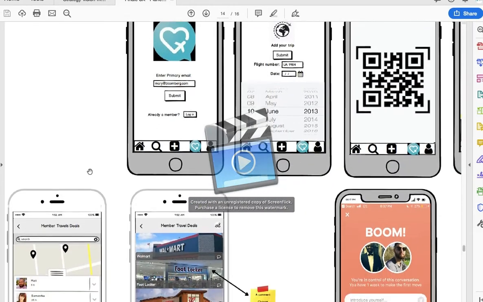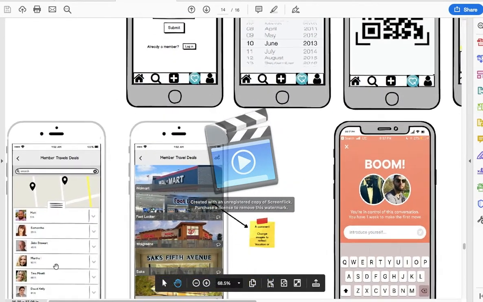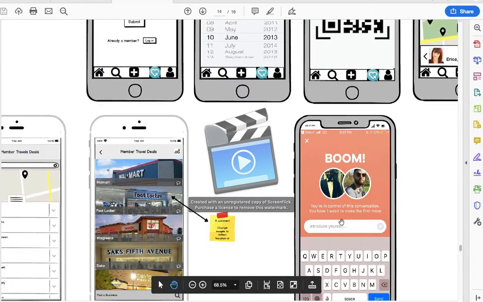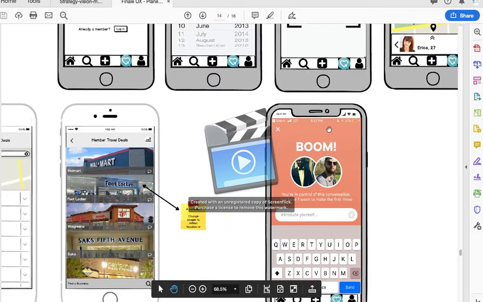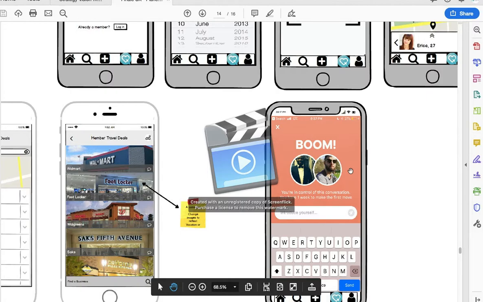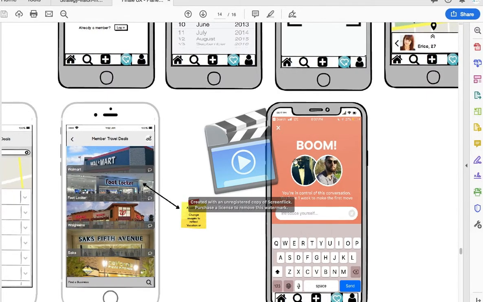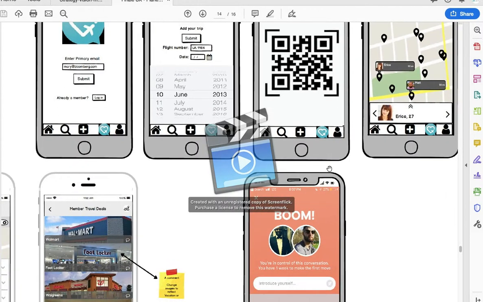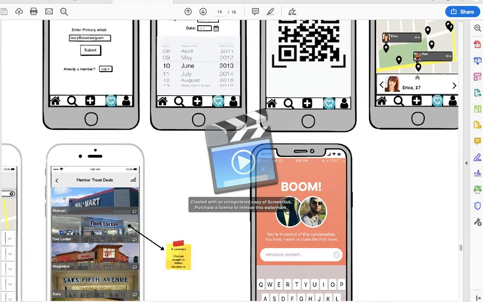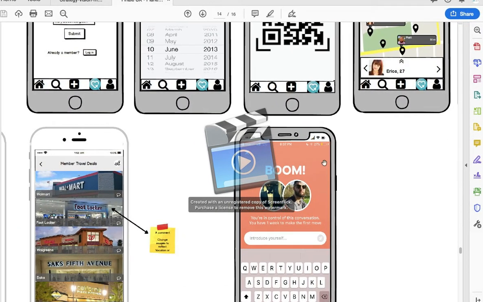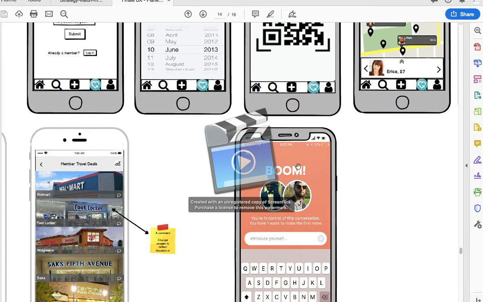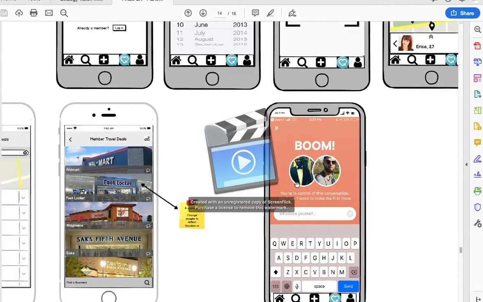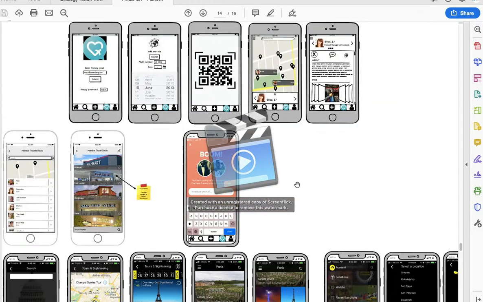You already have the pull up and you already have the match. So in this case, you just create another match screen from the old one that you have, but with a different name. So if you're using Erica for that, maybe you can use Matthew or something. Just pick a guy's name or another girl's name with a different picture, and that'll be the persona for the travel buddy where they are matched.